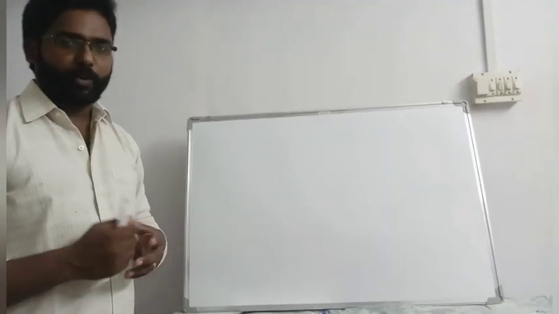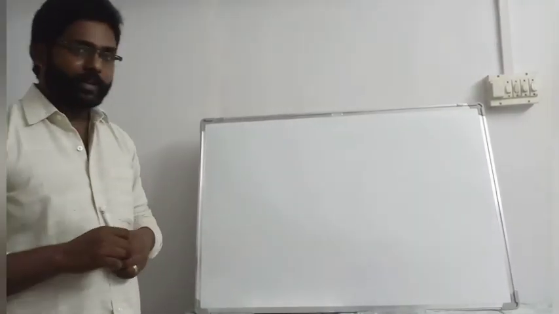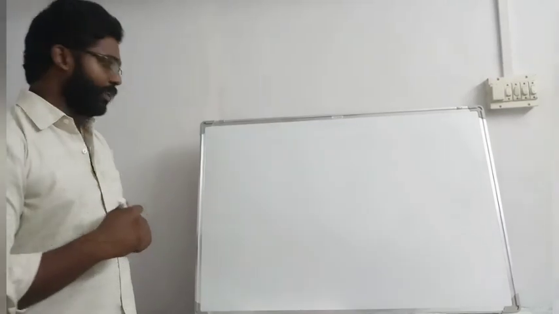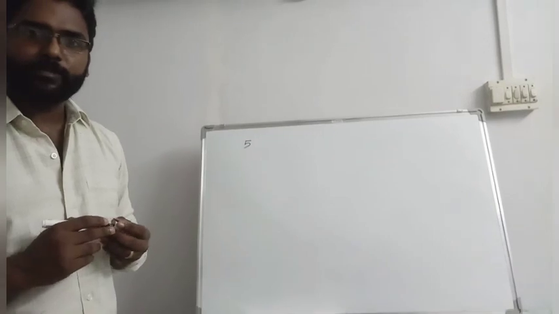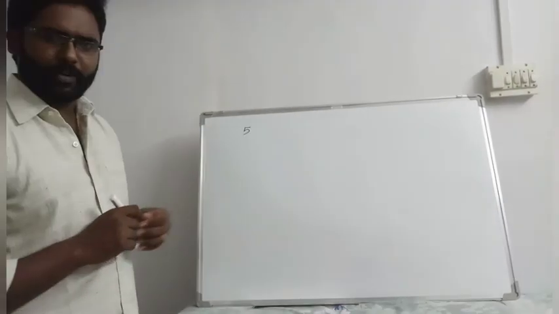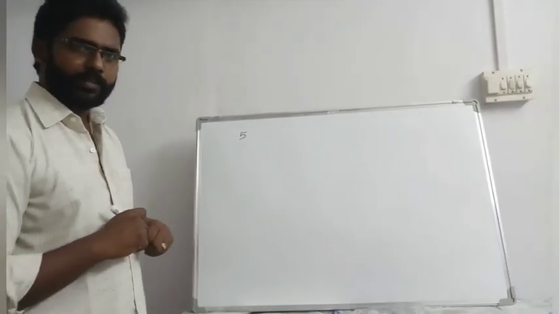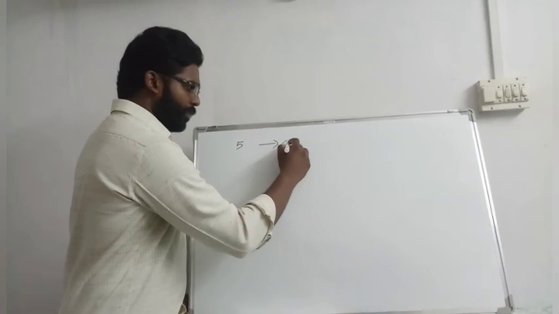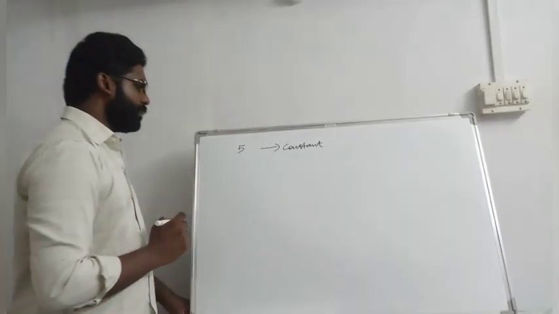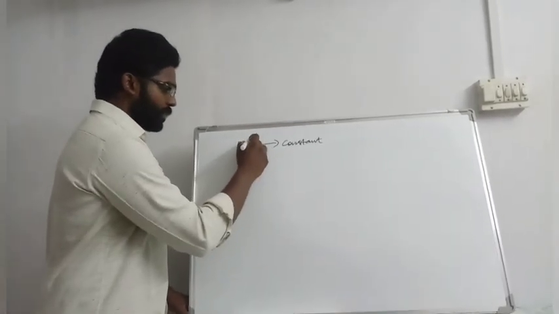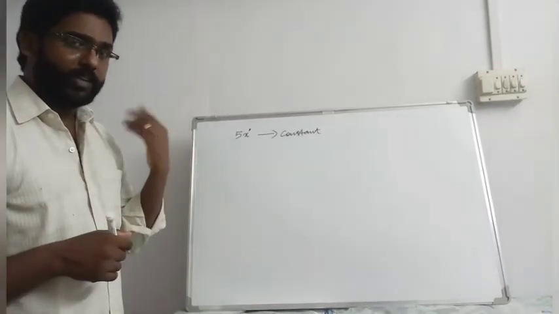Okay, next we are going to find zeros of some polynomials. Before that, there are two important things we want to study. First, is it a polynomial? Is it just a number? Yes, this is a polynomial called a constant polynomial. Every number can be written with x raised to 0, y raised to 0, z raised to 0. We already studied this in our previous classes.